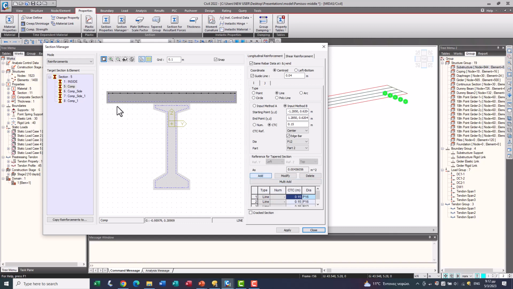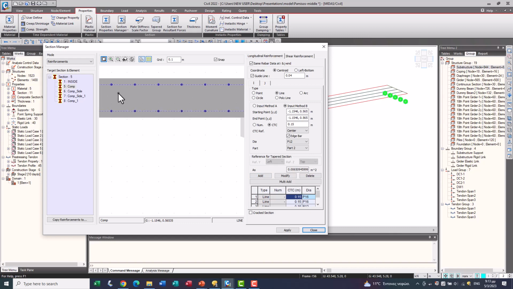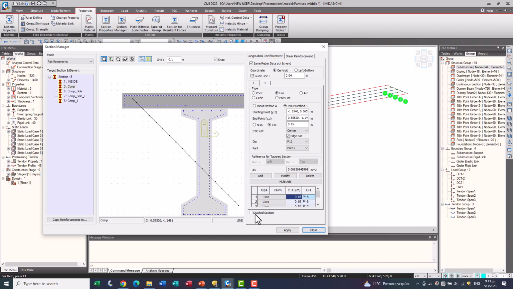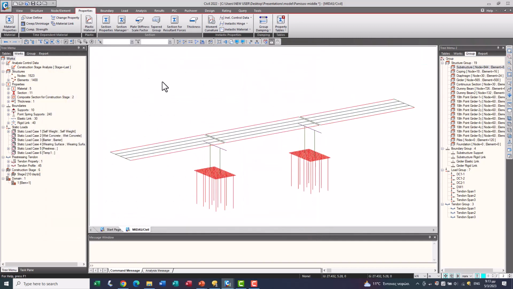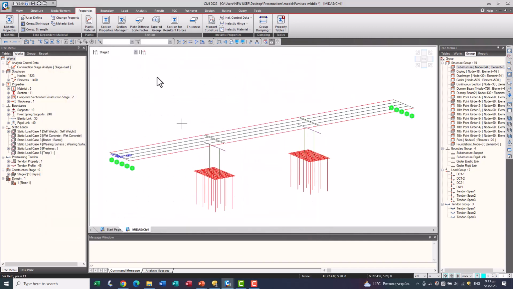This is how we define reinforcement on the cross section. Now let's run the analysis.